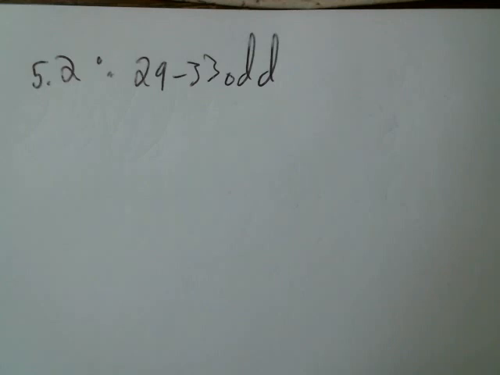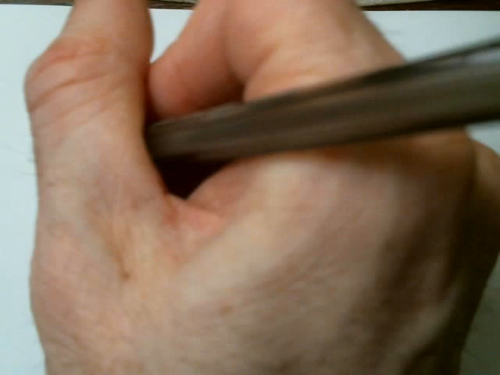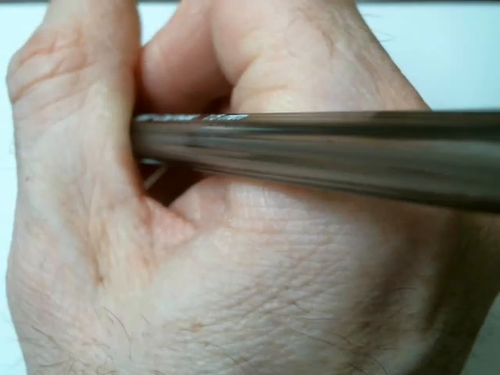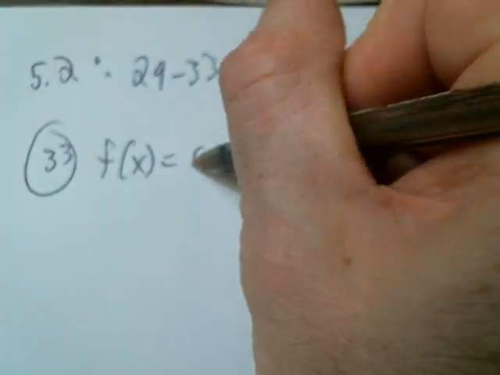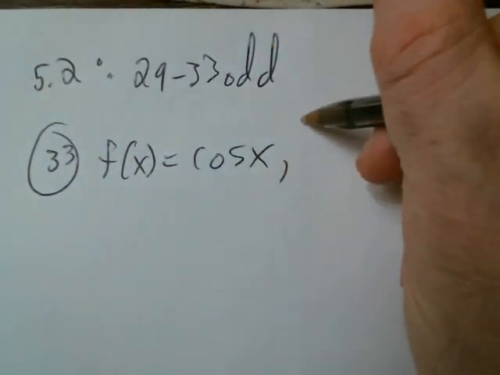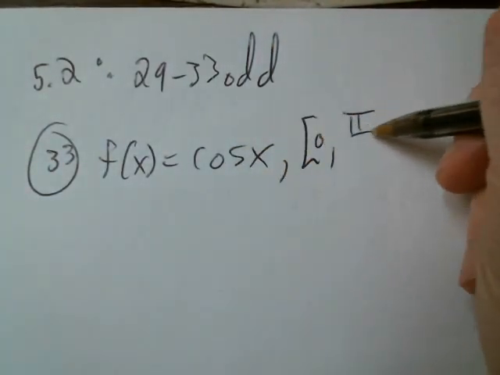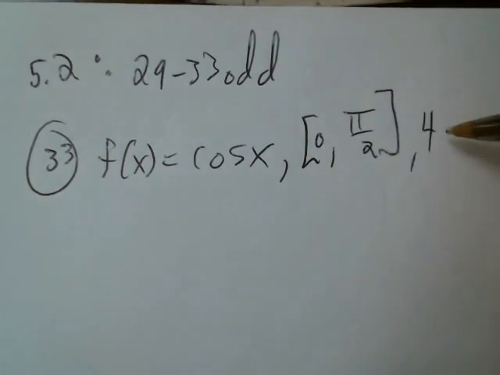Okay, so 5.2, where are we? Number 29. So we're approximating the area of a plane region. We're using left and right endpoints to do these. So a problem like, let's do 33. So we have f of x equals cosine x, and the interval is from 0 to pi over 2, and we want 4 rectangles